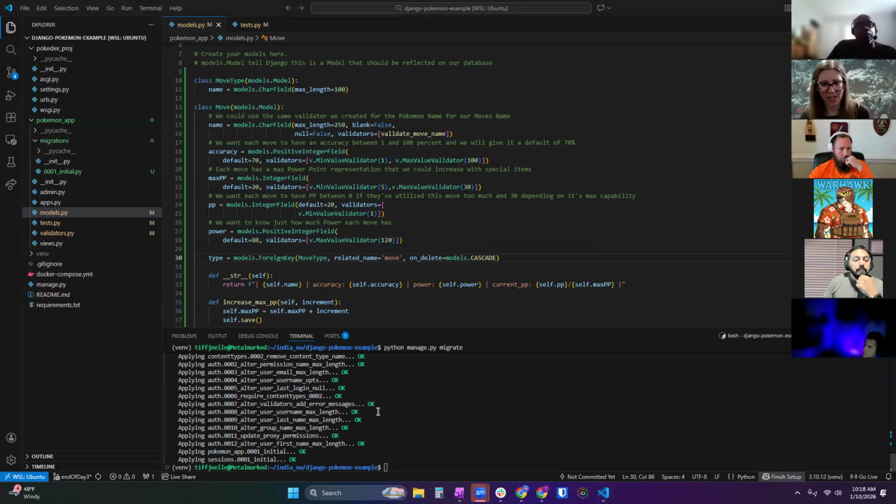Got it. Okay, so I'm not going to go into the shell to do all that stuff because I want to save time for y'all to actually start getting hands-on. But for this foreign key field, you should be able to just do move.type because this is just one value. Let me see if there's a move.type.